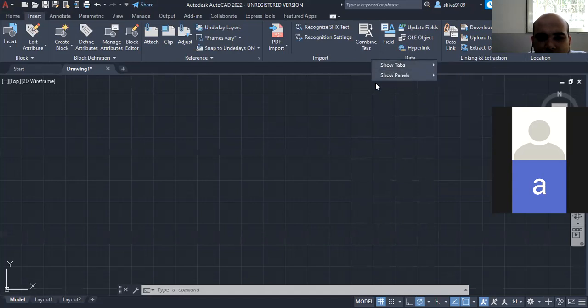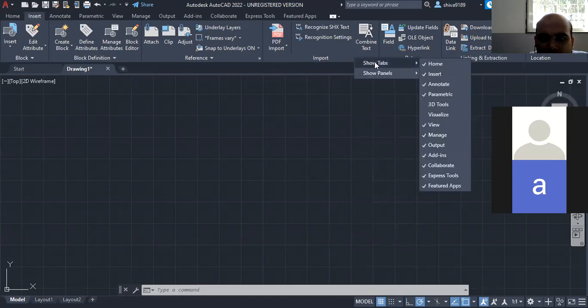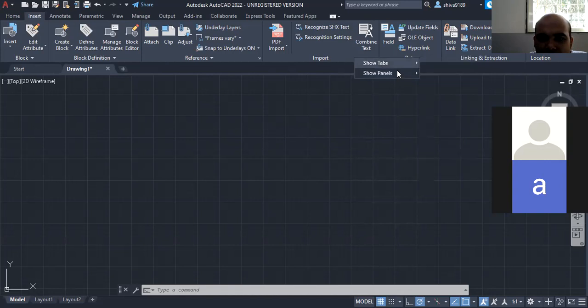That's good. If anyone does not have AutoCAD, then for this part you are supposed to only watch the recorded video. Right now, what you do is select this and show tabs. Whatever are being ticked here, you make a tick. In the case of a panel, you make a tick on this one. So I hope now, Pranjal, your command box has been kept.